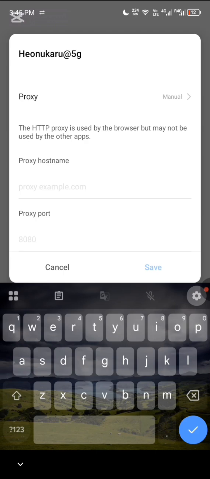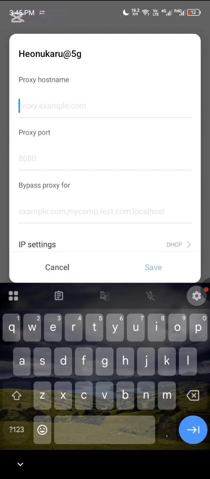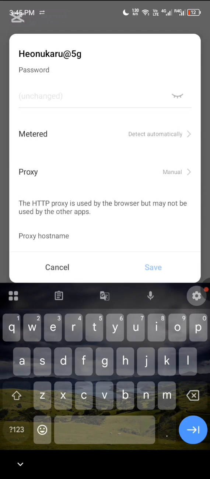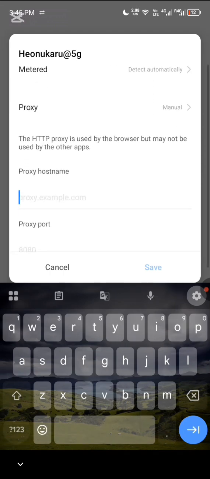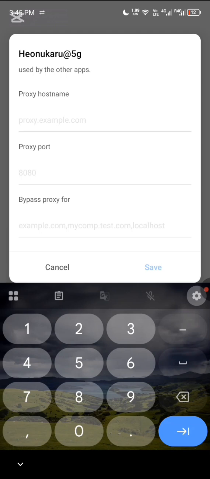It's when you want to browse, they will not tell you to add username and password. And the disadvantage of just using your normal SOCKS 5 proxy or HTTP proxy just like that is this: if you put your IP, for instance your host name, which is your IP address, and your port number. After putting it, if you go to Chrome browser, for instance, they'll show you put username and password, which is